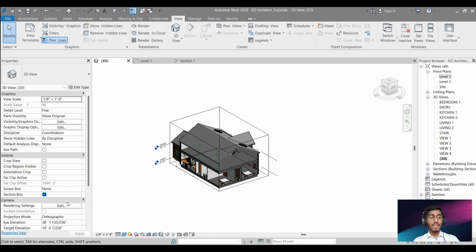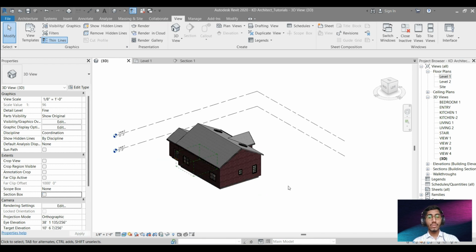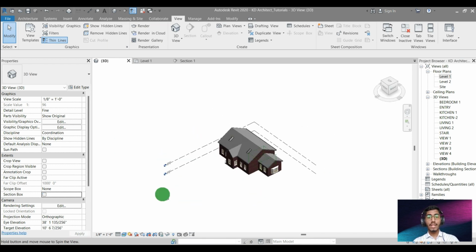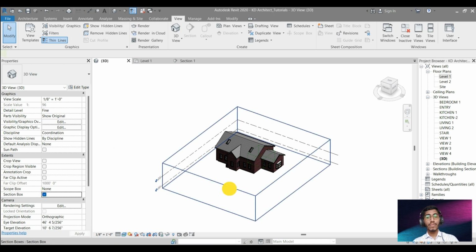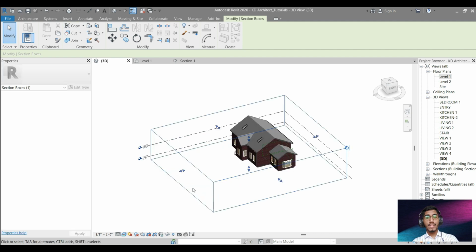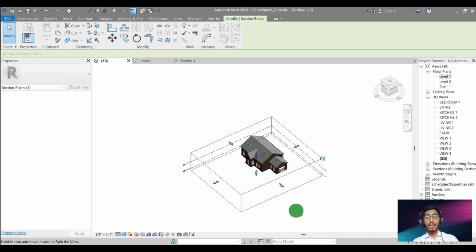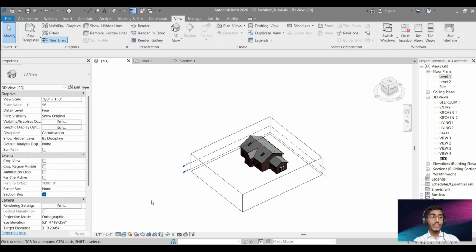If you uncheck this option, it will disappear from the 3D view, and again here you have to check it. So by default it will be set again to the condition it was in before. So likewise you can use the section box.